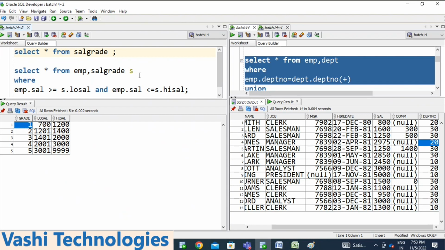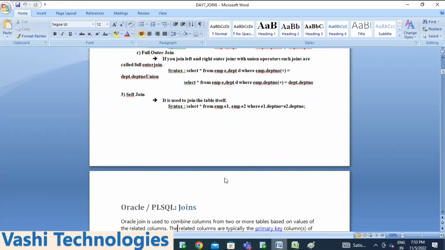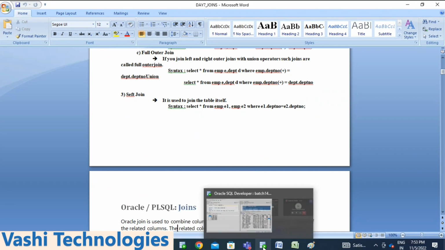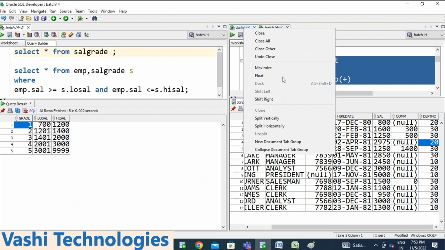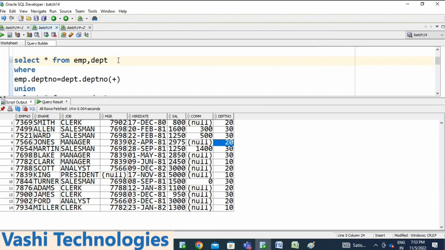Okay. This is about the joins and we have the self join. Now you are trying to retrieve the data with table A comma table B, or table C, table X, table Y, anything. So you are trying to retrieve the data from two different tables, right? In some cases, you need to join the table with itself. So you may get a scenario like this.